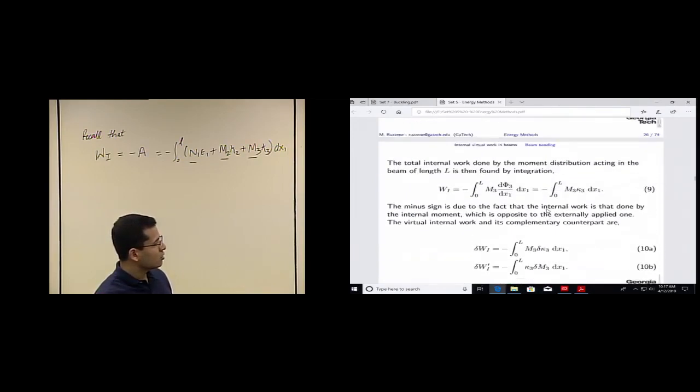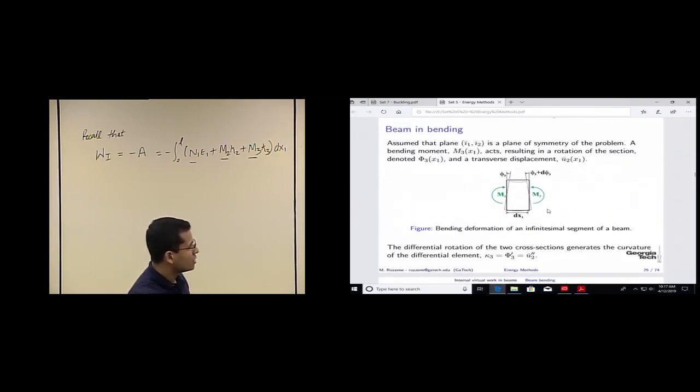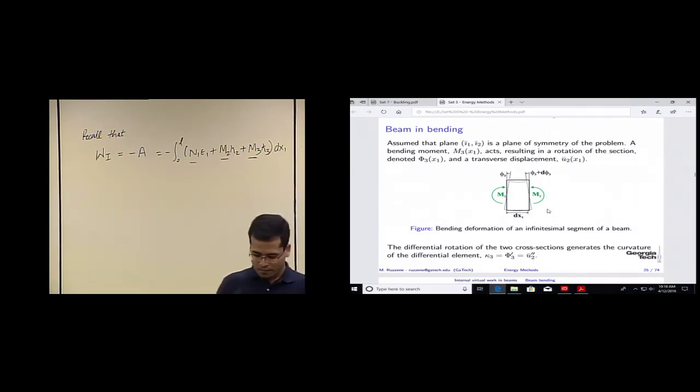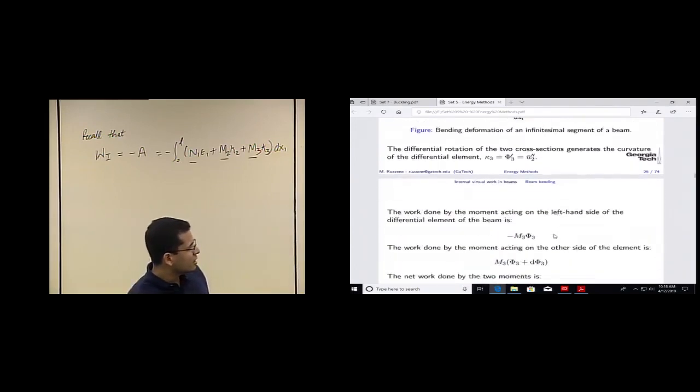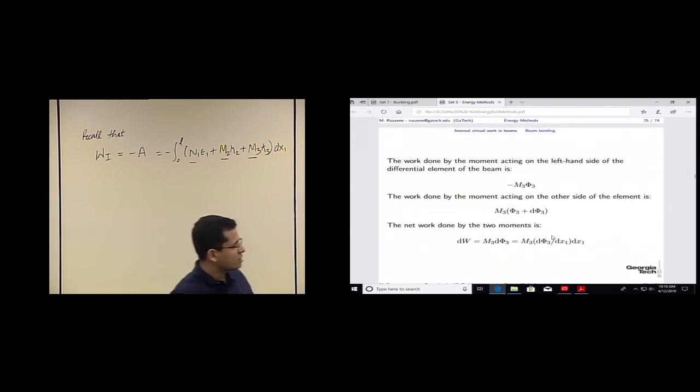So let's quickly go over this derivation. An infinitesimal element is subjected to moment m3, so there will be an angular displacement of phi3 on this face, and Taylor series expansion on the other side will result in phi3 plus d phi3 over dx1 times dx1, and then we are just summing